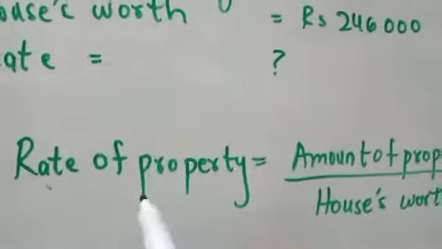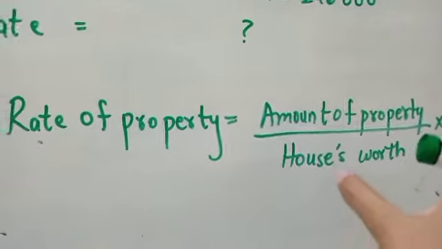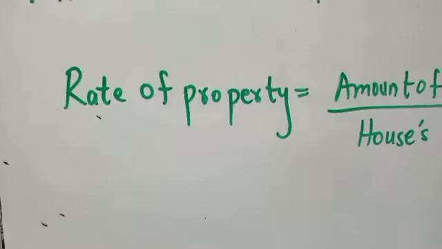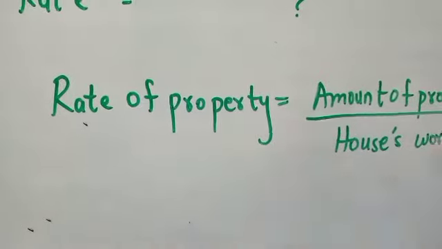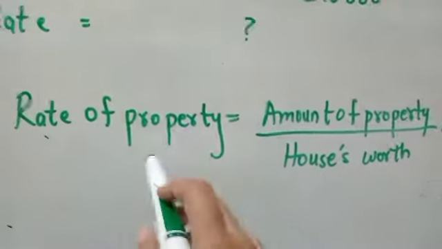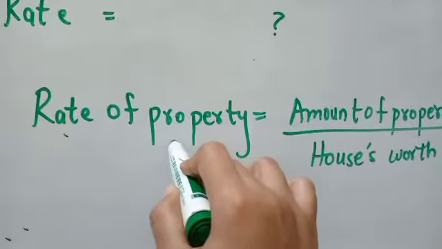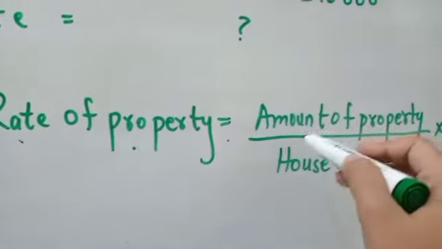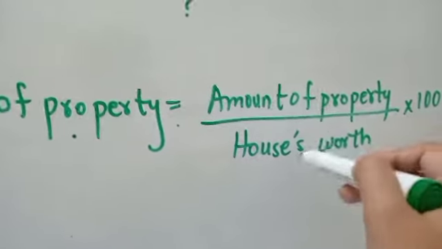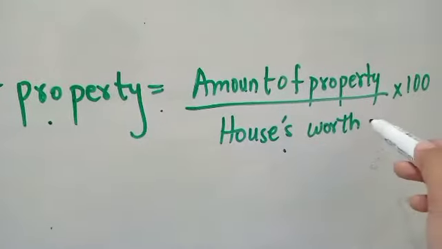Okay, now the formula will be a little bit different, and this you have to learn. Though this has been derived from the first formula only, here we have changed the places before and after the equal sign, so you have to learn them. If you have to calculate the rate percentage, then the rate of property tax will come before the equal sign. Equal to the amount of property tax you will write in the place of numerator, upon the house worth you will write down, meaning the original price of any commodity.